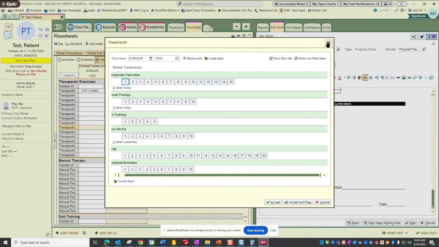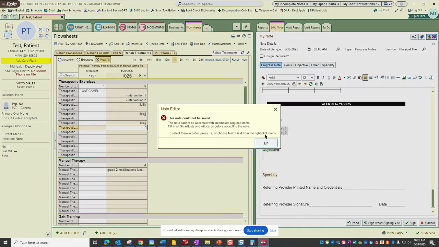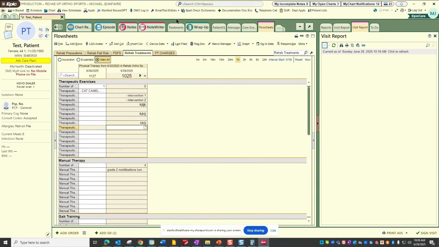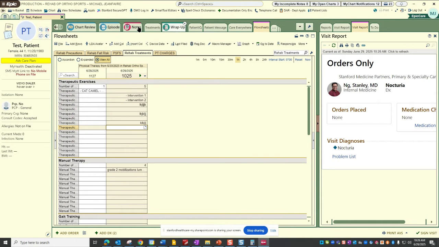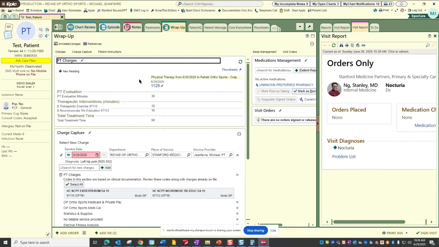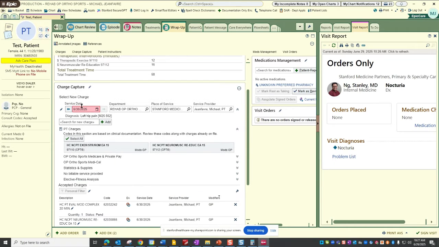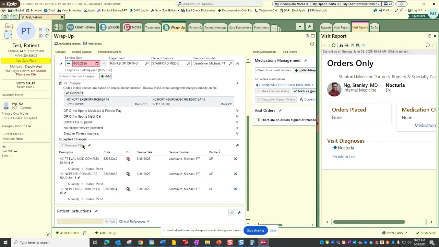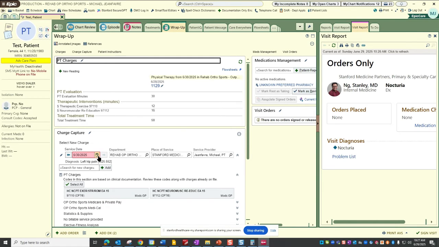But yeah, at the end of your note, you've already signed it, and then you put in your treatments, you go to wrap up. I went through this briefly within the evaluation note. I'm just going to do it again. So there's 3 sections. You have your PT charges, you have your charge capture, which also includes a subsection of accepted charges. So in this instance, because we've already billed for this as one of our examples for an eval,